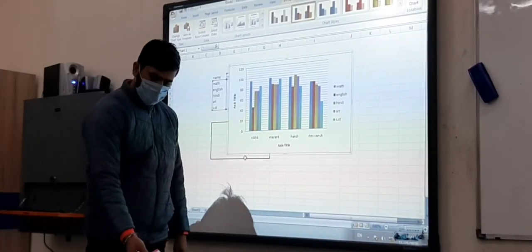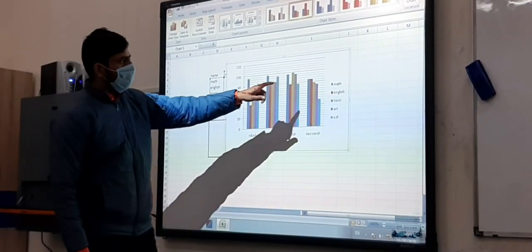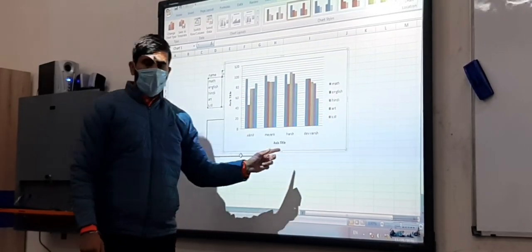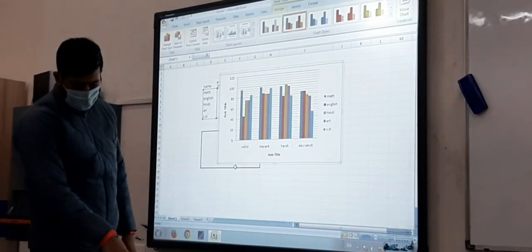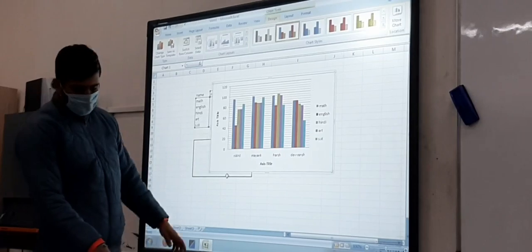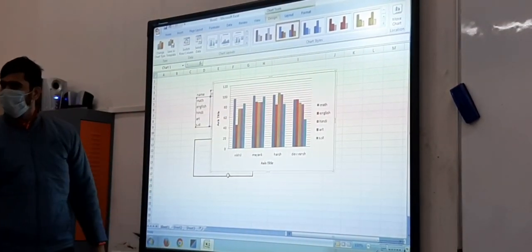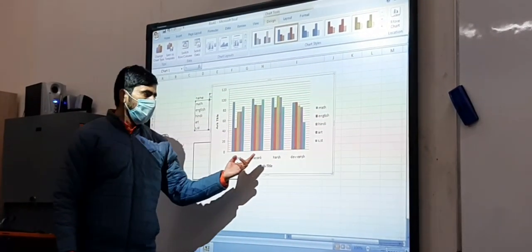Okay, so first one is chart area. This wide area is called the chart area. Next one is the category axis or x-axis. Category axis means which categories we are using. What are the categories? These are the categories.